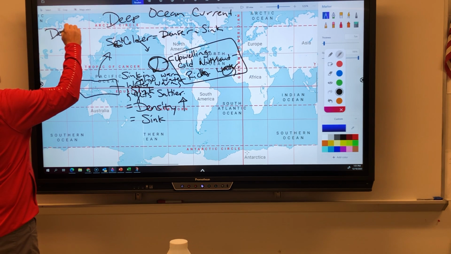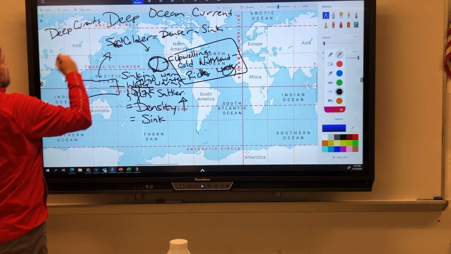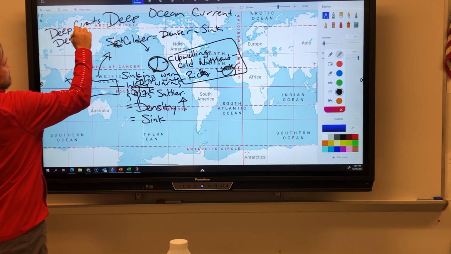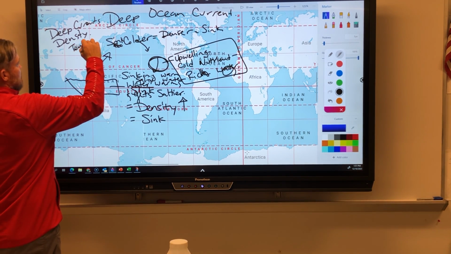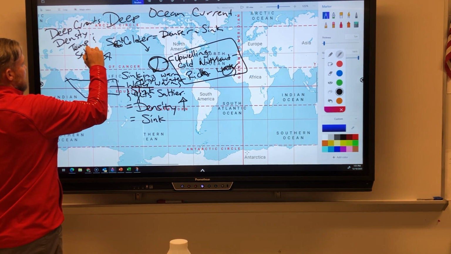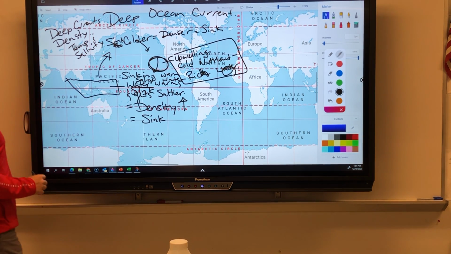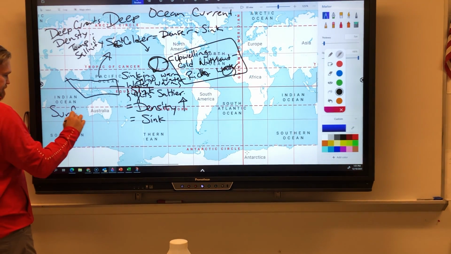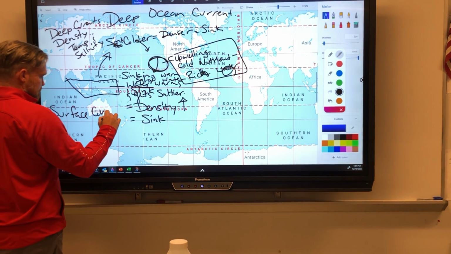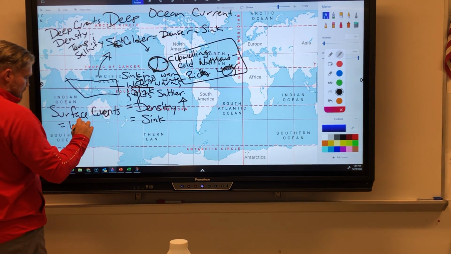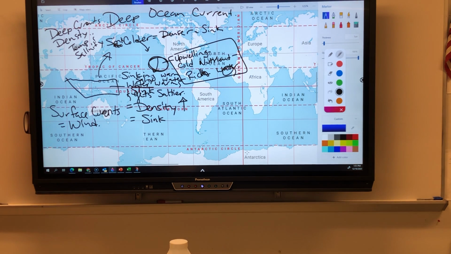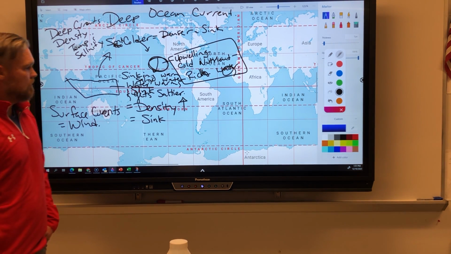So deep water currents are driven, let's do this. Deep water currents are driven by density differences, which can come from temp and salinity, which is just saltiness, right? Then surface currents, 2 R's in there, are driven by the wind, right? So if we know that, I think we'll be pretty good. I think I'll stop there for now, and